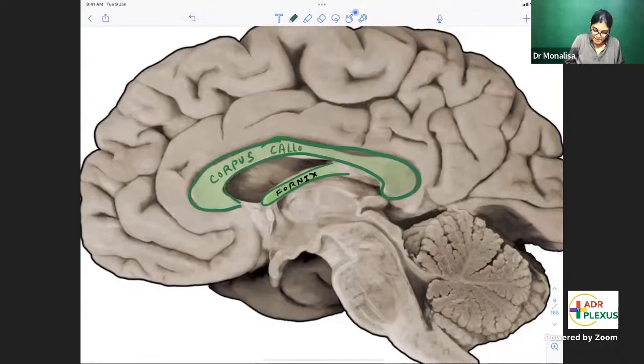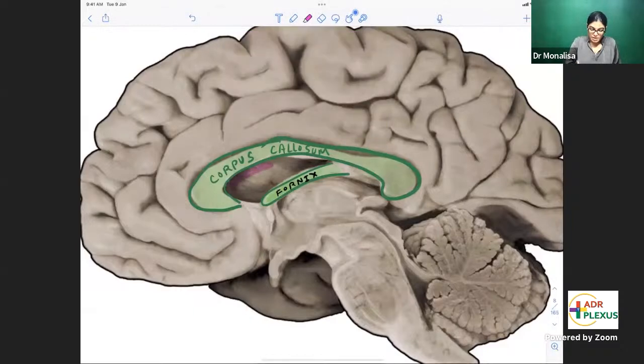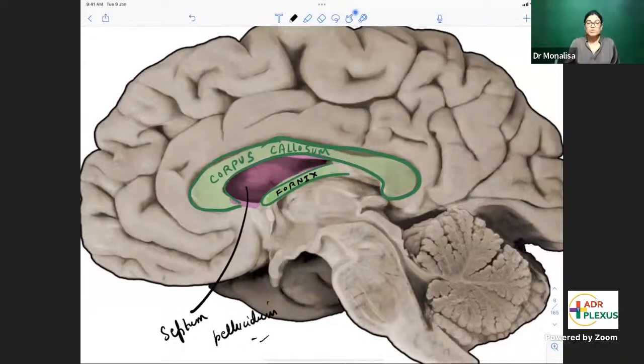Below the corpus callosum we have got the fornix, and in the MCQ it has been asked what is the blood supply of the fornix. The connecting link between the corpus callosum and fornix is this membranous structure. And what is this called? This is called the septum pellucidum. So my dear aspirants, if I have to talk about its blood supply, the fornix is getting